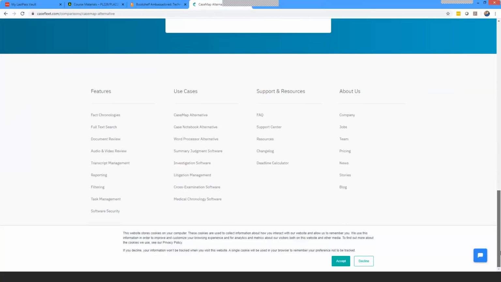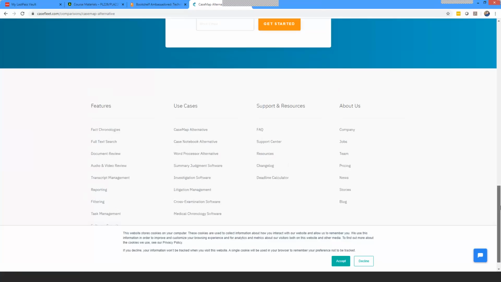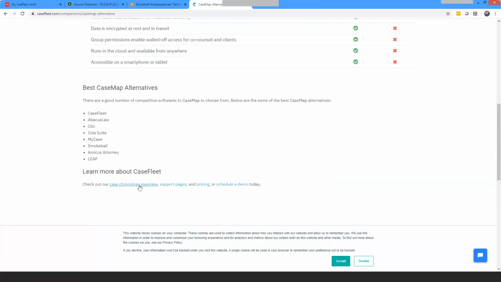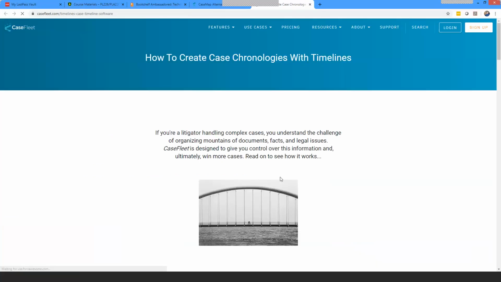As far as, okay, chronology. In other words, timing. Not sure if it does as good of a job with timing. Okay, case chronology with timelines under Case Fleet. Okay, that should help. But try